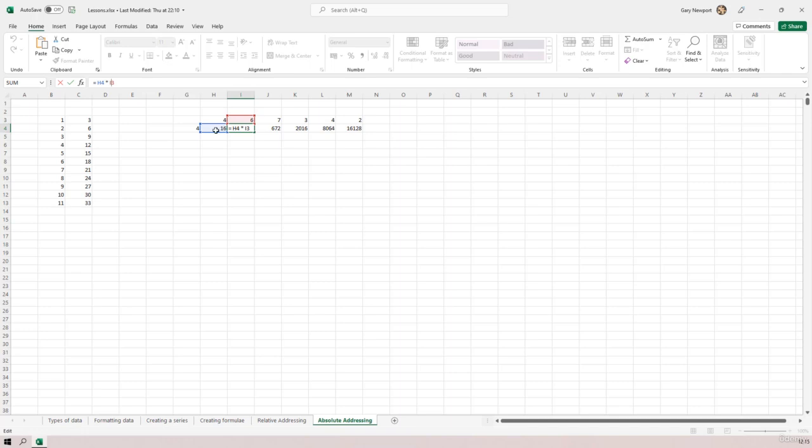I didn't want this one to change. I wanted it to stay looking at that. So a really quick fix to that is to go to this blue box and drag it and put it where I want it. That's a really nice little trick. You didn't see that before. And now that works. And these numbers have changed, but that's because they're all looking at this cell. This one is now looking at this cell. So now what I've got to do is drag this and put it there, and now that one's correct, but these